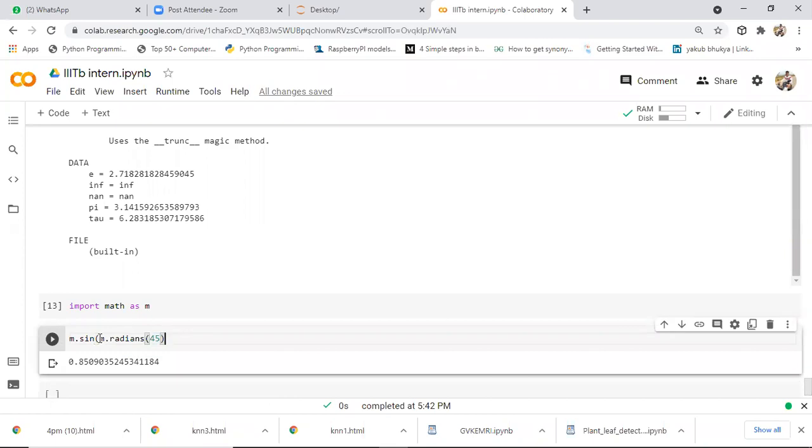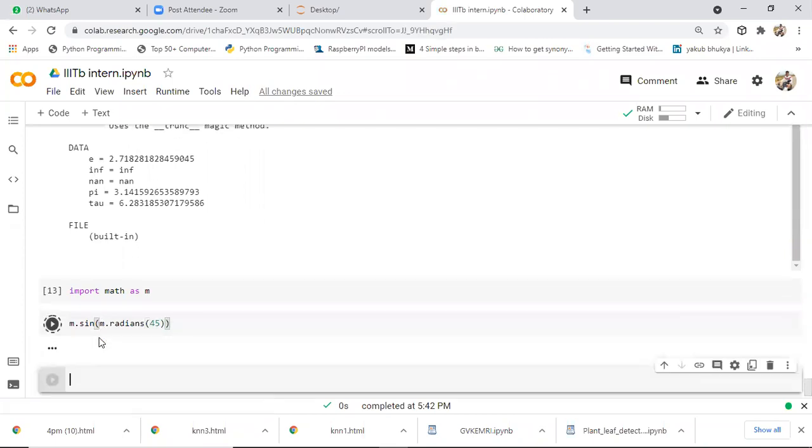By taking help of this radians function, I convert the value into radians. After converting, we get 1 by under root 2, that is 0.707, as the output.